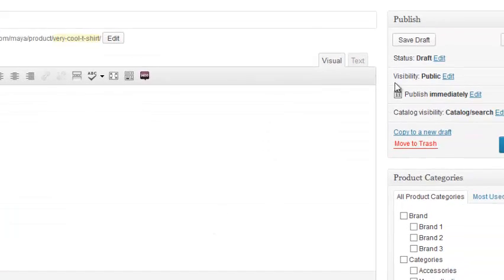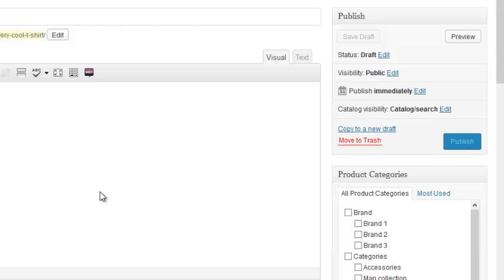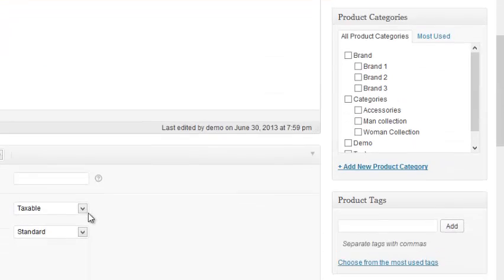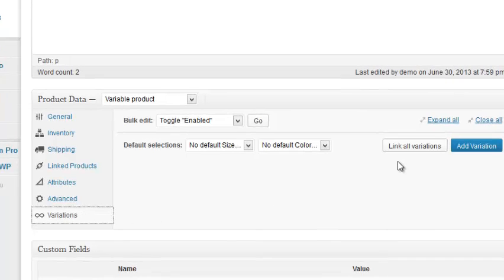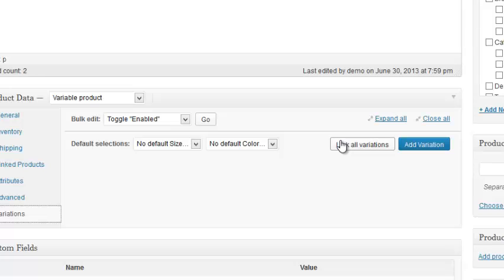Now I'm going to just save it right here. I'm going to save draft just to make sure I don't lose anything. And then I'm going to go to variations. Okay, now here what I can do is I can just link all my variations, or I can sort of add it one by one. So let me just show you what adding it one by one would do. So if I add variation here,